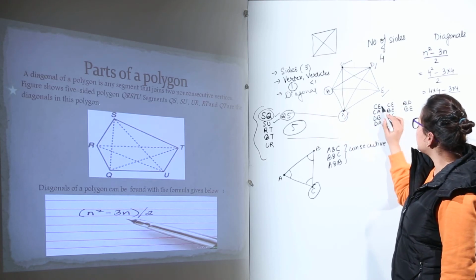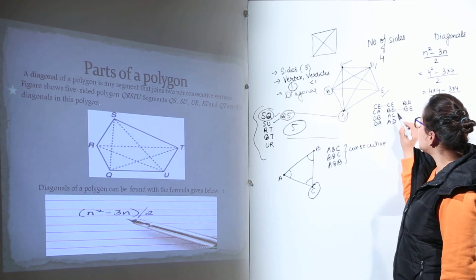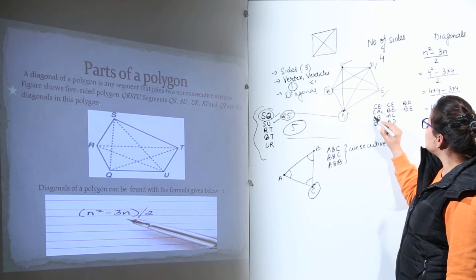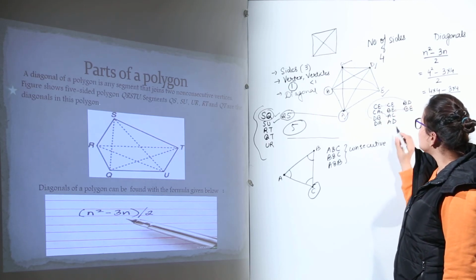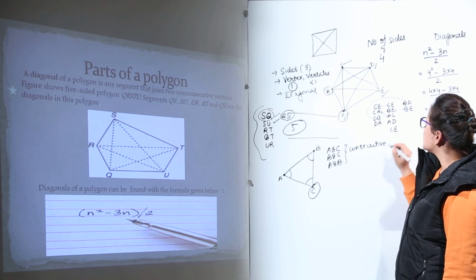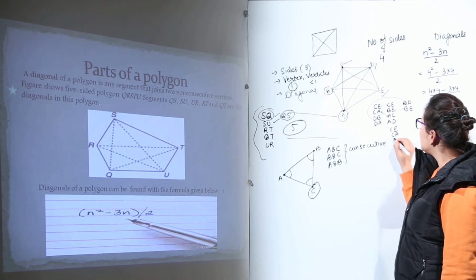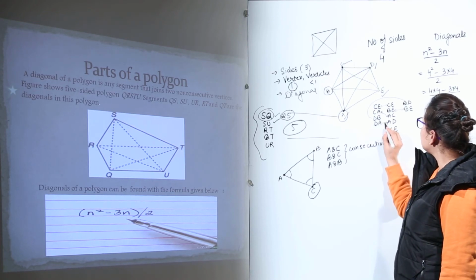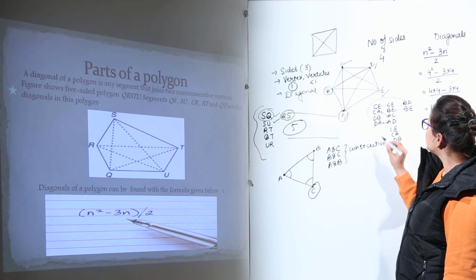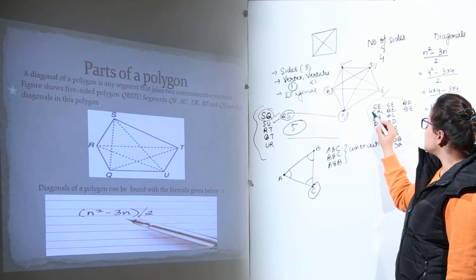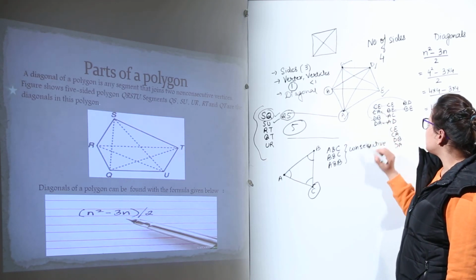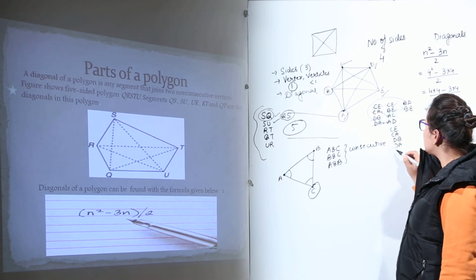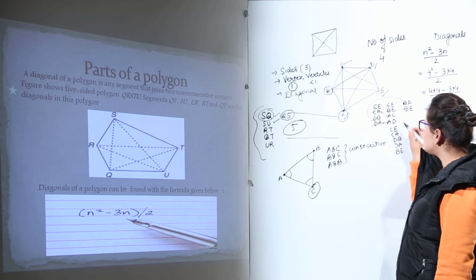Now, you can check that these are the same. These are getting repeated. AC and CA are also the same. BD and DB are also the same. Right? So, we write only the non-common ones. CE, CA, DB, DA, and AD and DA were also the same. Is there any other left? CE is done, CA is done, DB is done, DA is done. CE is included, BE is the left one. So, we have written BE.